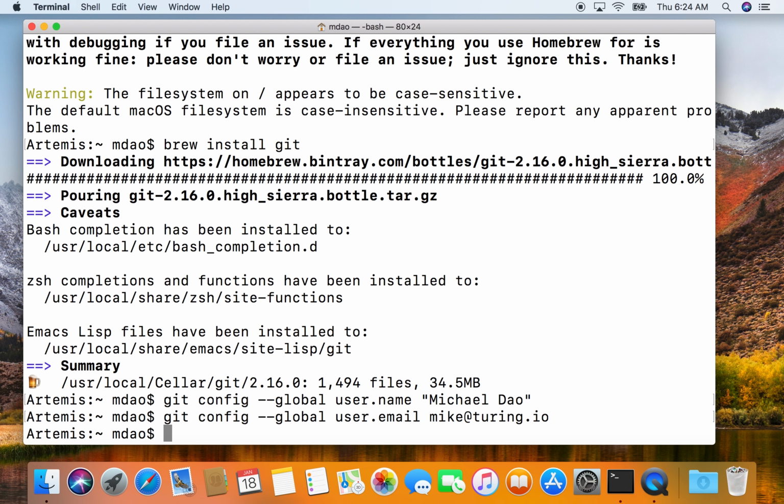Fantastic. Our next step is that we have to install rbenv. The thing is that Ruby comes out with different versions, and we need something to manage all the different versions of Ruby that we have on our computer. Some of these versions are not compatible with each other. You might be working on older software, so we need to install rbenv. To do that, we're going to do something very similar to what we do with Git. We're going to do brew install rbenv,